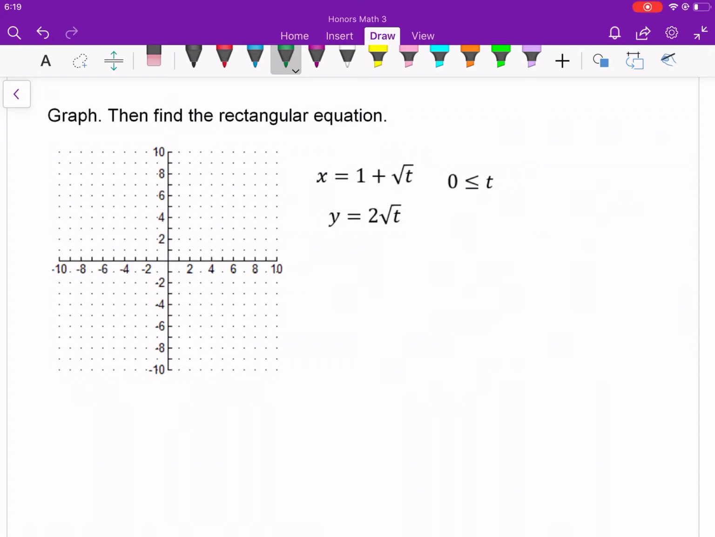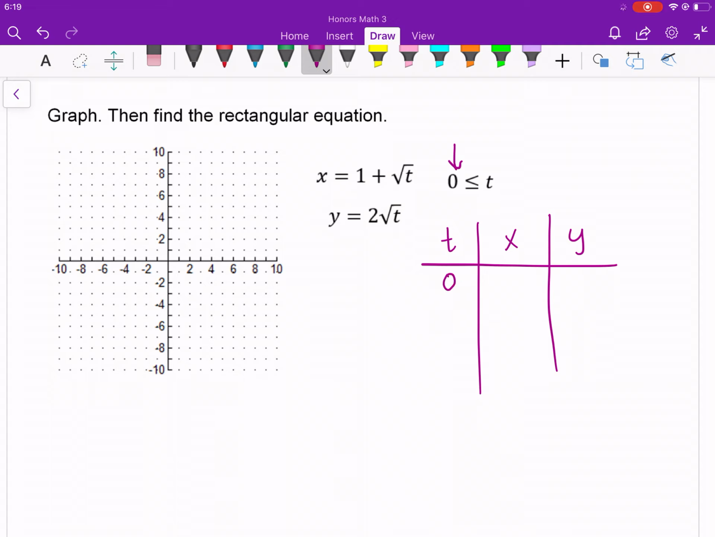All right, here we go. We're going to do some more graphs. I know you're thrilled. So, once again, to do a parametric equation graph, just plug in t, find your x, find your y. Pay attention to the parameters they set, so t has to be greater than or equal to